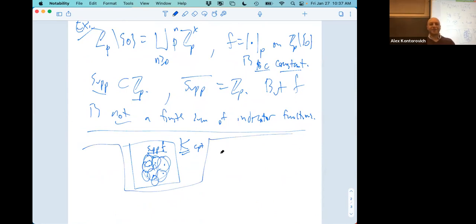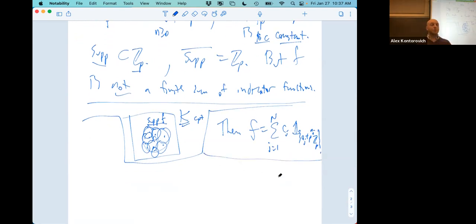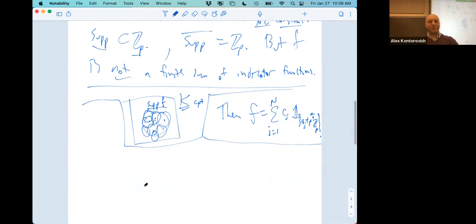So the consequence. Now the compact set is the support. And so if we have an open cover, then there's a finite subcover, then F is a finite sum from 1 to n of indicator functions of balls, p to the nj Zp. These compact sets should be like finite unions of things like Zp. Well, exactly. I mean, here's the support. It's the union of these finite guys. That makes it very easy to do certain calculations.